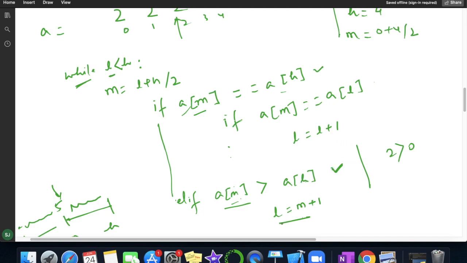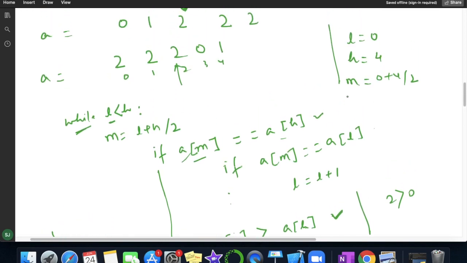Then we'll change the low to mid plus 1. So low will be mid plus 1. Mid is how much currently? 2. So it will be 2 plus 1, which is 3. Now it is the same case as the previous one, means we'll find our min in this section only.